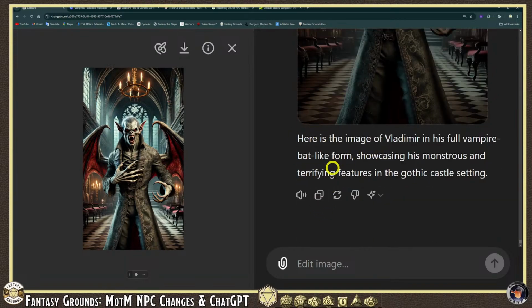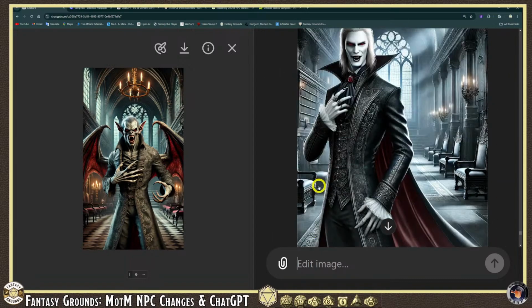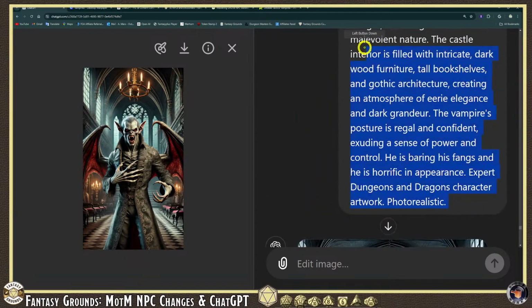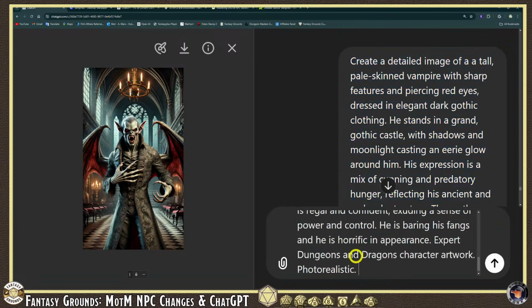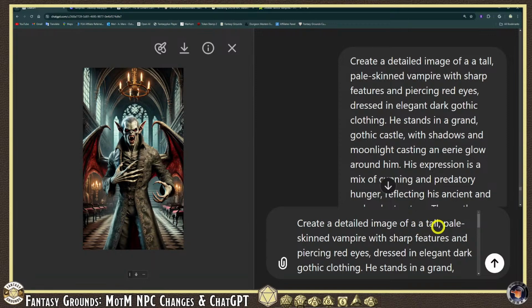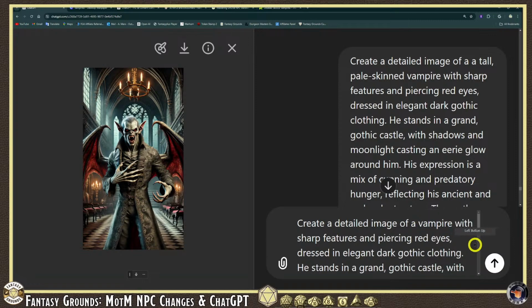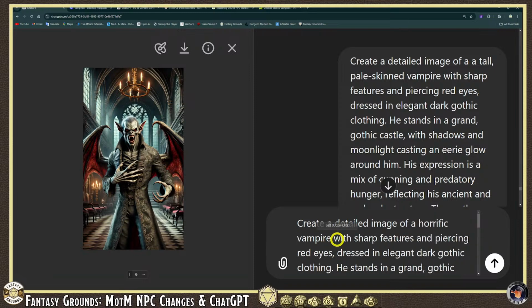So what I'll have to do is rewrite the prompt entirely and then go in and have it make the bat form. So what I would do is copy this entire thing and then reword it and then just go into create a detailed image of a horrific vampire bat with sharp features and piercing red eyes. And